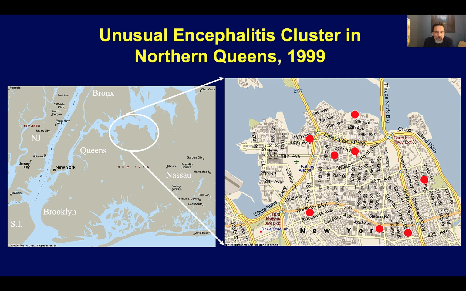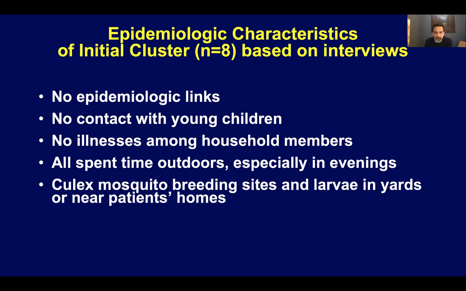And this map shows the area of Queens, northern Queens here, and then sort of blown up on the right. The map on the right shows the significant residential or geographic clustering of these 8 patients, most of whom really lived no more than a mile or 2 from each other. And in the absence of an etiologic diagnosis and known cause of the outbreak, we needed to turn to epidemiology